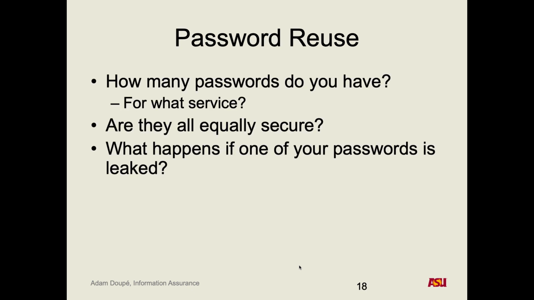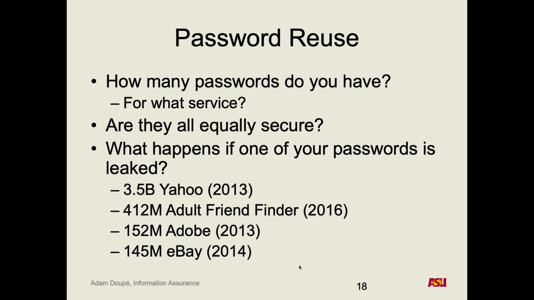Okay, we talked about this. Cool. So we're going to go over an example of password reuse. So again, this is what we talked about. 3.5 billion Yahoo accounts, usernames, and hashes were released in 2013. There were 500,000 Adult Friend Finder accounts released in 2016. This list I haven't updated, but there are constantly breaches.